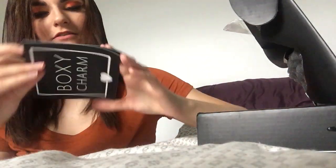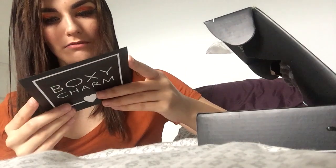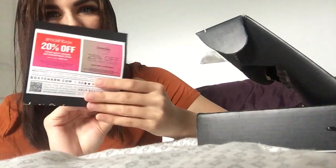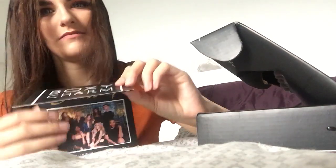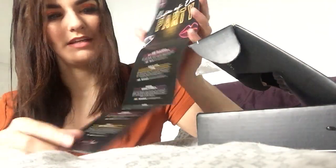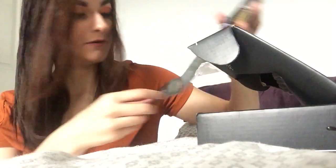So, look at this. Oh my god, I love it. So they come with this handy little thing that has coupon codes in the back. I love that. And you open it up and it tells you what everything is inside of here. So, let's start with